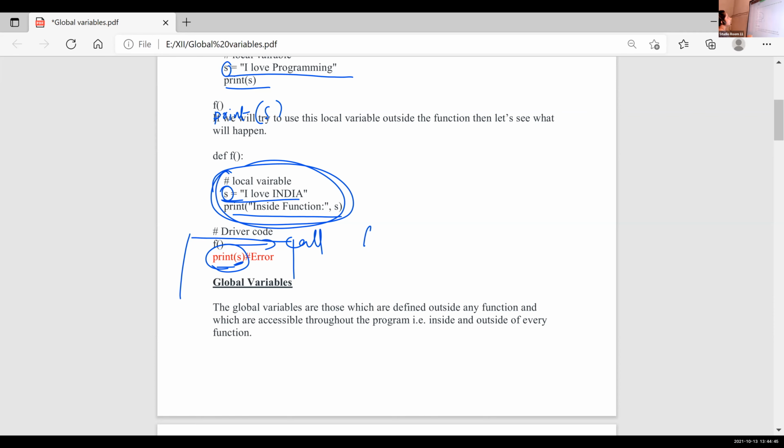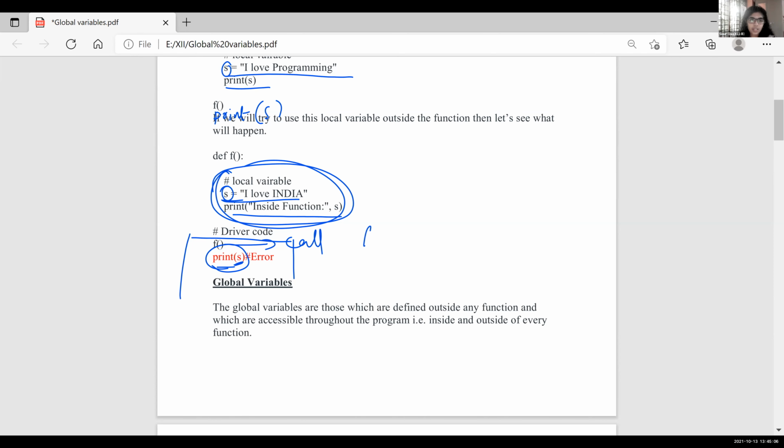Then in the case of a global variable, we can use it anywhere in the program. And there is also a keyword to declare a global variable. Anyone? Which is the keyword to declare a global variable?